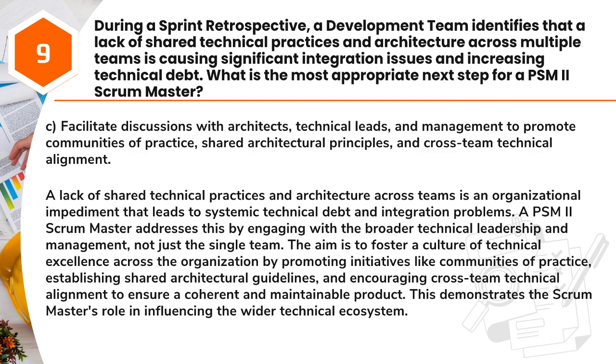Answer: C. Facilitate discussions with architects, technical leads, and management to promote communities of practice, shared architectural principles, and cross-team technical alignment. A lack of shared technical practices and architecture across teams is an organizational impediment that leads to systemic technical debt and integration problems. A PSM II Scrum Master addresses this by engaging with the broader technical leadership and management, not just the single